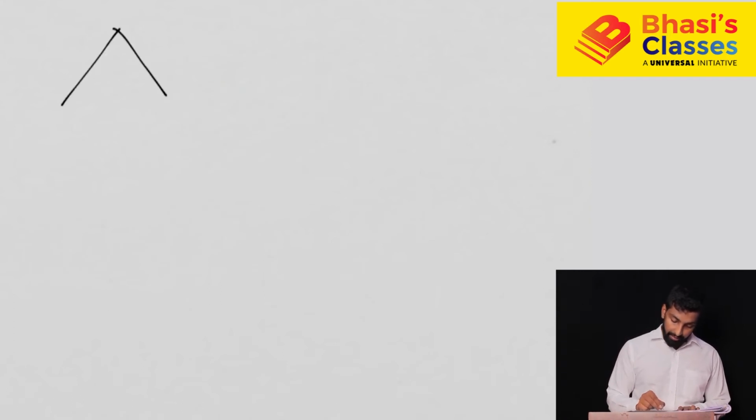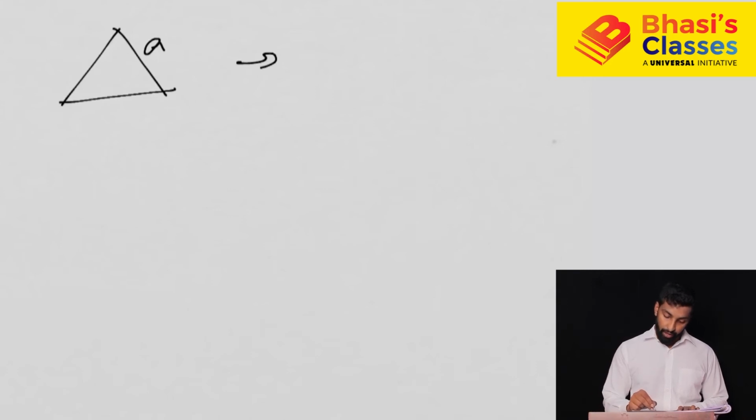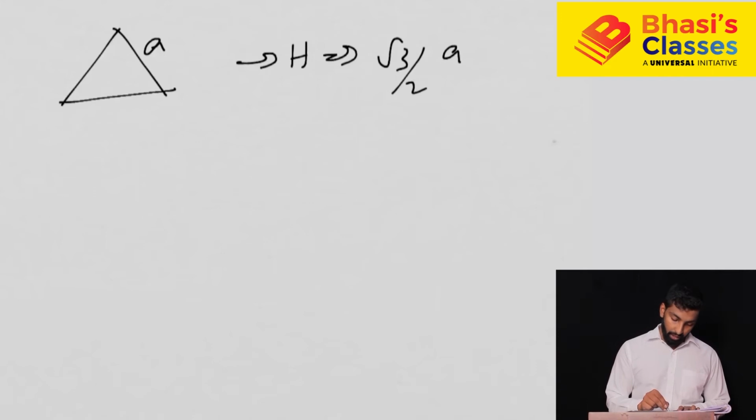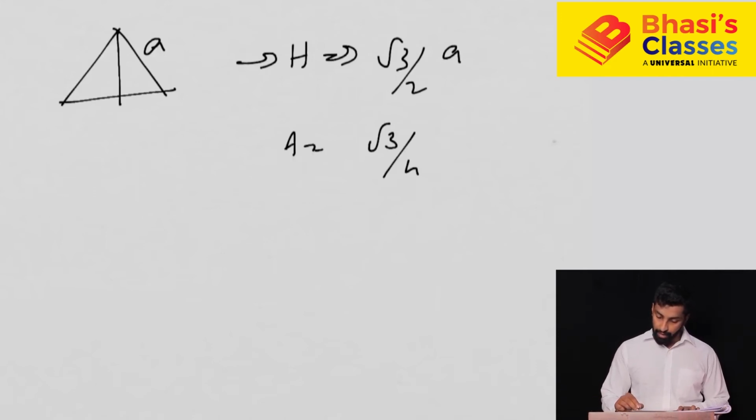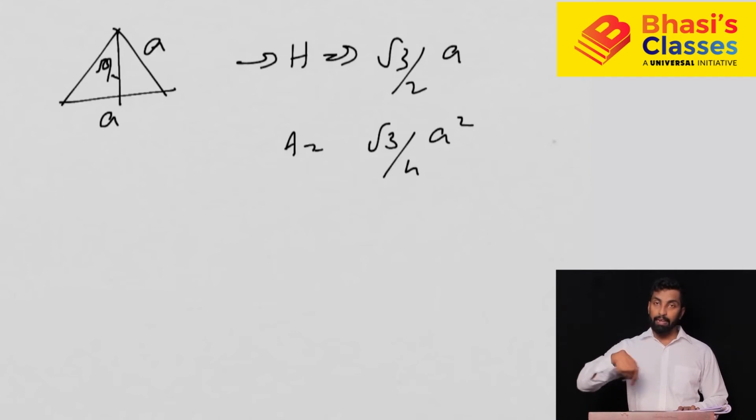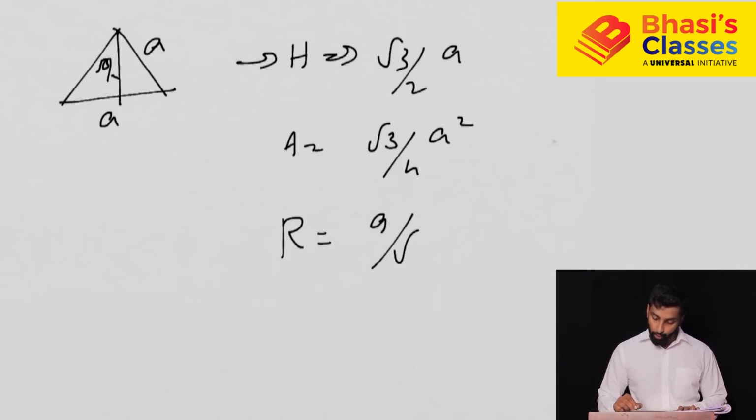If you have an equilateral triangle, one side a is given, what all things we got? We got the height as √3/2a, right? We got the area as √3/4a square, because this we know a and this we know √3/2, so we can find it. We got the circumradius as a/√3, because we know that the height we are dividing in